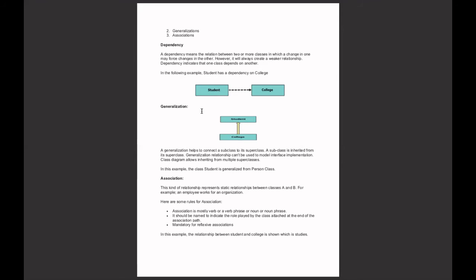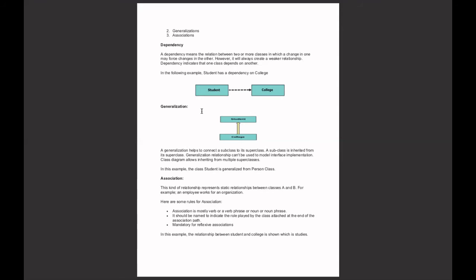In the following example, a student has dependency on college, as I mentioned in the PDF, but not necessarily the reverse. Graphically, a dependency is rendered as a directed line, a dashed directed line.